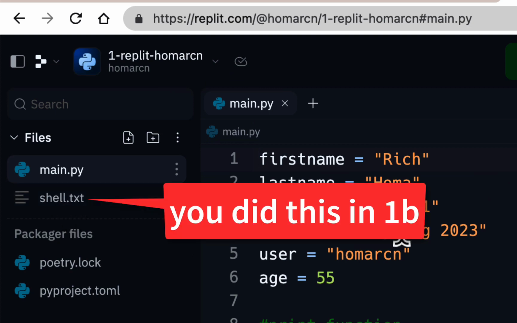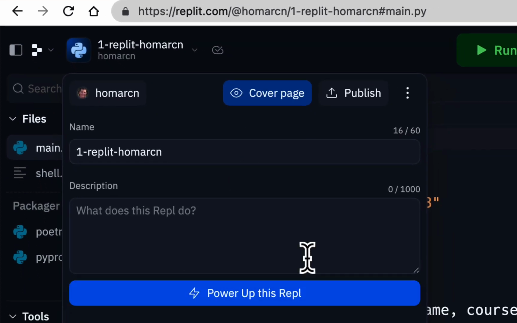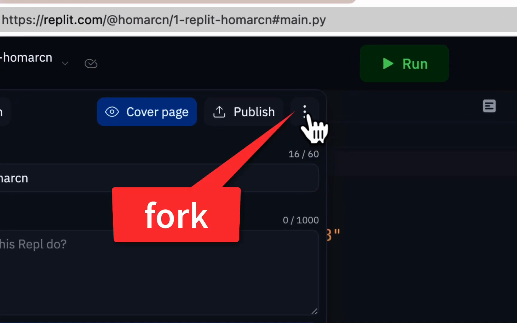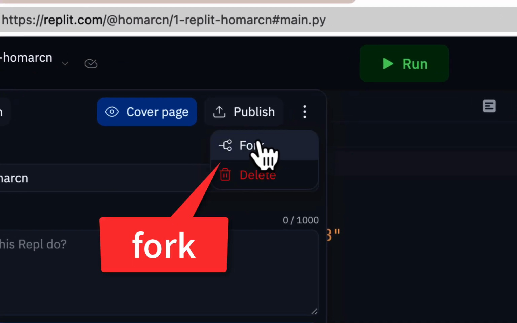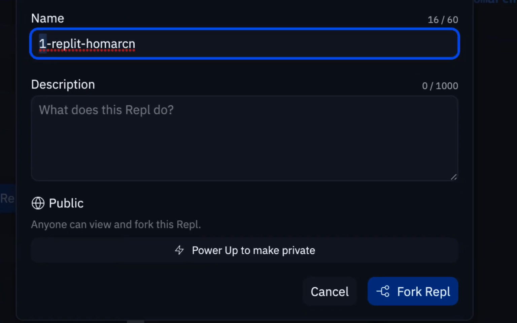Hopefully you did that already. And then I'm going to go here to my drop-down where my repl name is. And if you look for fork, they used to have a big button for fork in here, but it's hard to find. You have to go to the 3 dots and choose fork. And I'm going to rename this as 2 because we had 1B. And then what I'll do is I'll call it